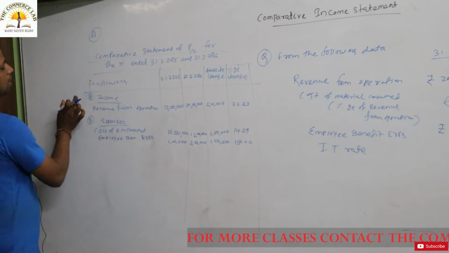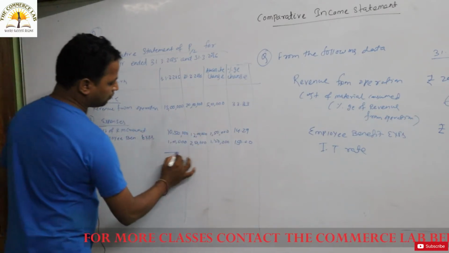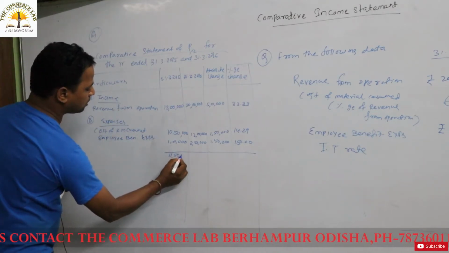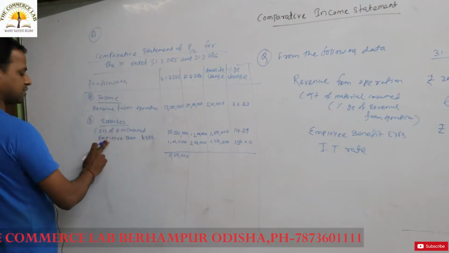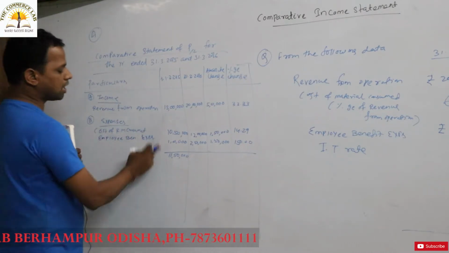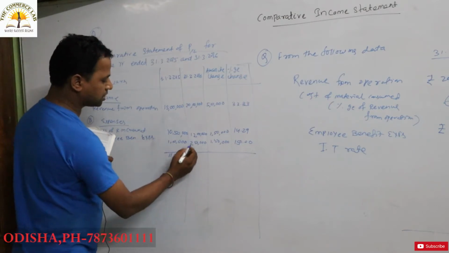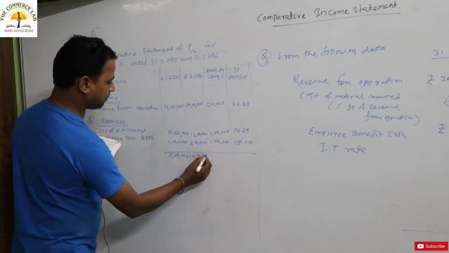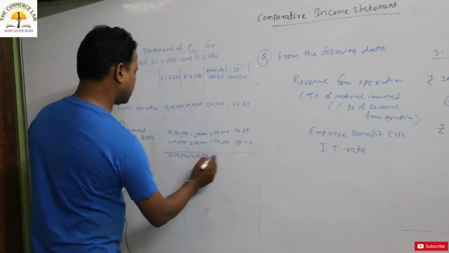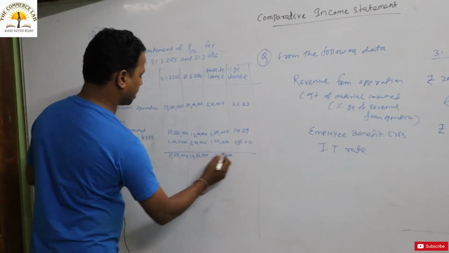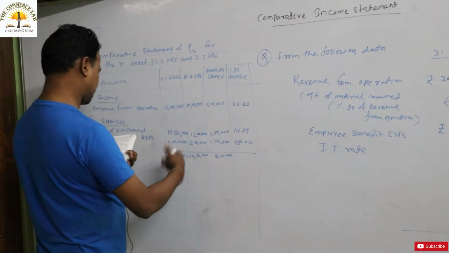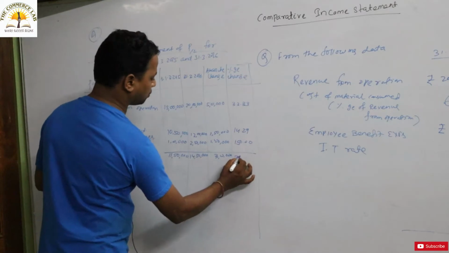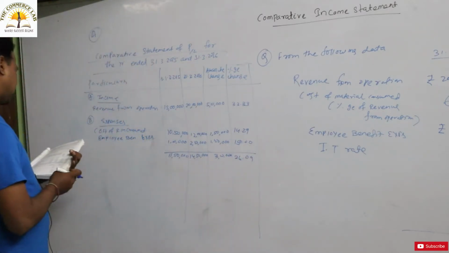Okay. So this is the income, this is the expenditure. So we have to add these two expenditures to know the total expenditure. How much is the total expenditure? So this is the raw material consumed expenditure, and the employee benefit expenditure. So total is how much? 10 lakh 50,000 plus 1 lakh, 11 lakh 50,000. Thereafter 12 lakhs plus 2 lakh 50,000. So how much? 14 lakh 50,000. Okay. So how much is the change? The change will be 3 lakh. How to calculate the percentage? 3 lakh by 11 lakh 50,000 into 100. That is how much? 26.09. Okay.